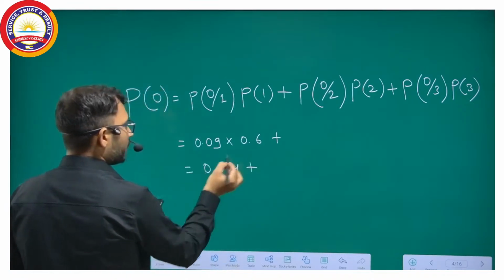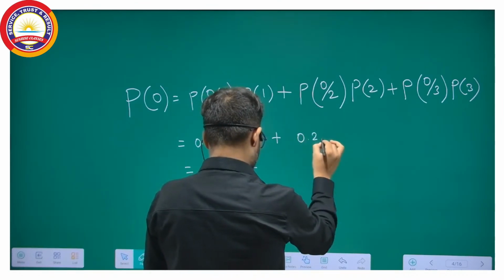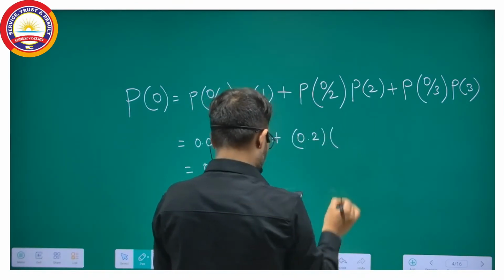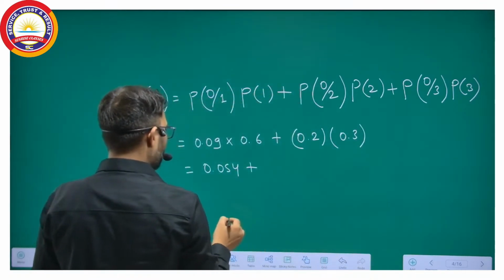Getting my point? Then probability of O given 2 is 0.2 into 0.3, and so this will be what? 0.06,